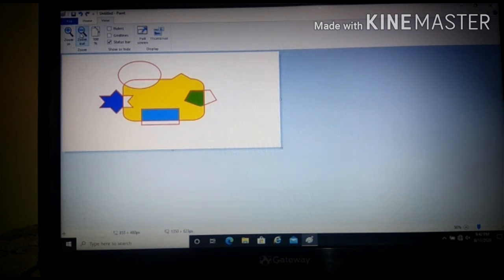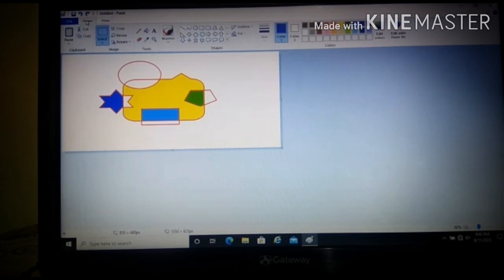Okay, here we have finished your fourth chapter. I hope you have understood. All options are easy. What we have learned in this chapter? We have learned some of the tools like select tool, rotate, and the shapes tools. I already taught you all these options, and also we have seen how to copy paste the selected object, how to rotate. So if you have any problem, you can ask in the group.